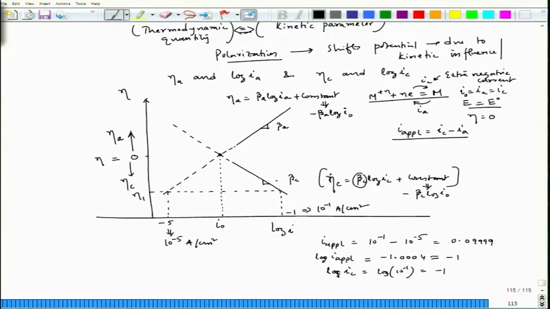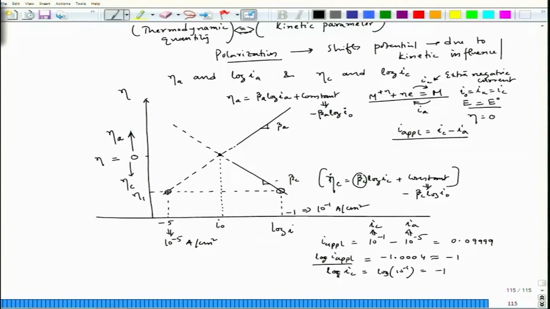So, that means if I try to plot log I applied, this would also lie on the same point of IC,